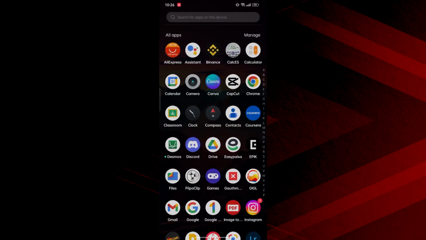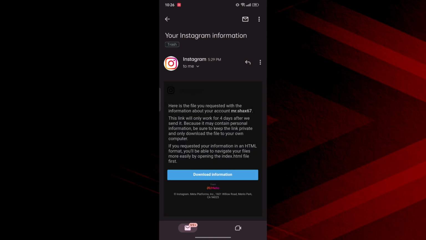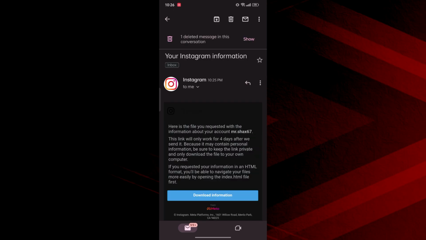Now you have to wait for a few minutes and Instagram will send a copy of your information to your email address. Okay, so here I have got my information. You can see your Instagram information. Now simply click on download information and it will redirect you to a browser where you have to log in